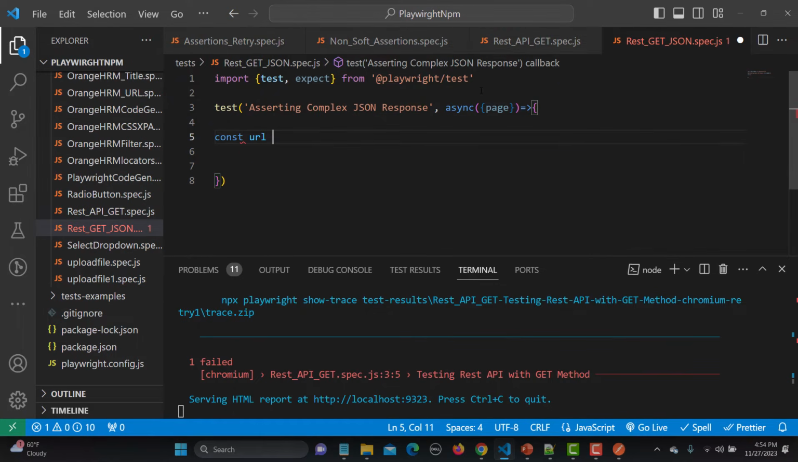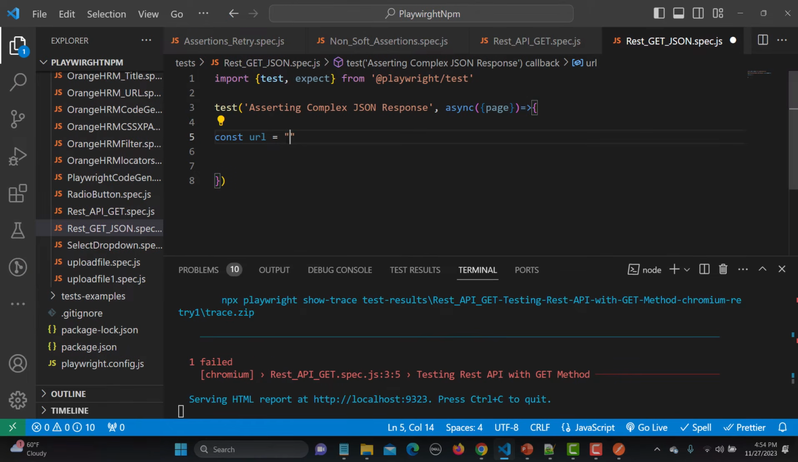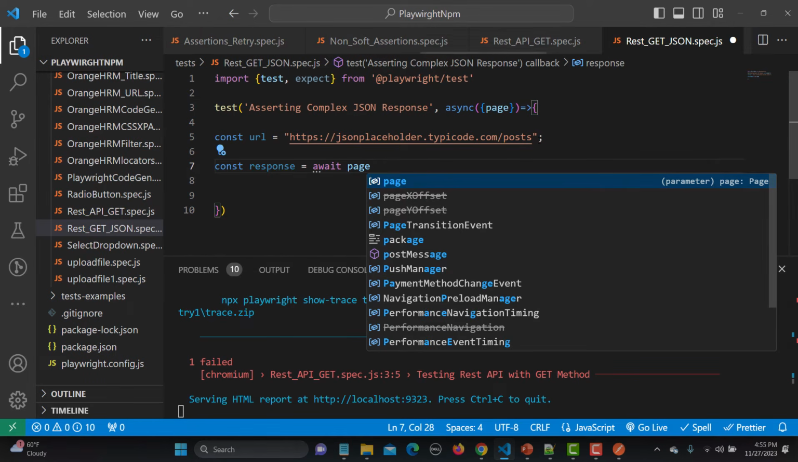So const URL is equal to, so from here I'll copy this URL and let me go back here and paste it here. Okay, now once we are done with this, now what we need to do is simply again const response is equal to await page dot